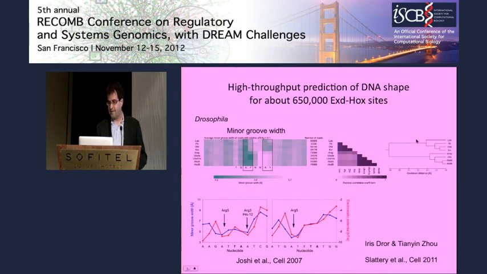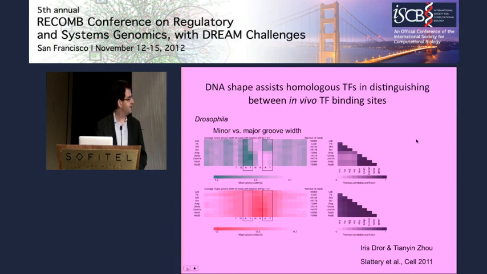Using those profiles, we calculated a dendrogram, not using sequence, just using minor groove width. And we got an ordering of the Hox proteins in 2 branches, an anterior branch and a posterior branch. And seeing this, we thought that this might indicate how Hox binding sites have differentiated. We, of course, looked at other properties, like here, the major groove, but the major groove width does not show